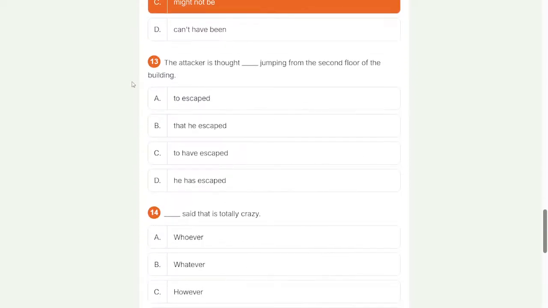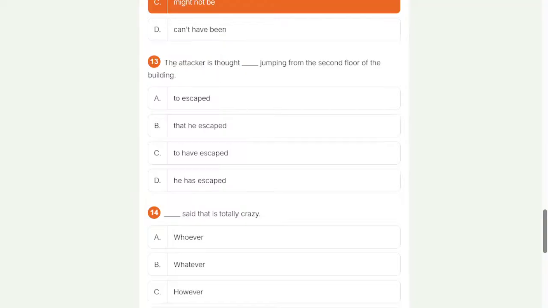Number 13. The attacker thought something, jumping from the second floor of the building. The attacker is thought to... I forget the construction. There is some long construction.